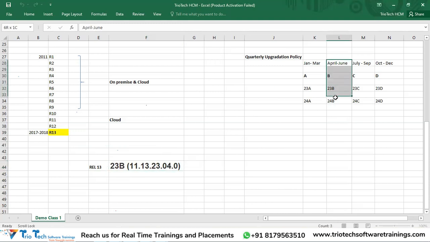So in the second quarter, team, what is the first month? April is the first month, right? So this April is what, team? 4, right? The fourth month, that is 04. So this is how, if you want to decode your version every month, you have to do it, team. So if you ask me, Kumar, what would be the next release sequence that Oracle comes with? It will be like this: release 13, 23C,